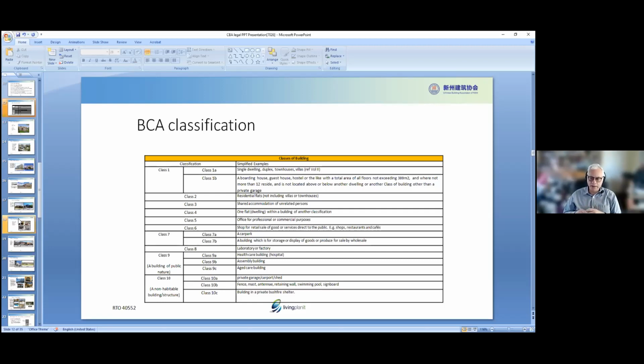So a class 1 is separated into 1A and 1B, and you have a single dwelling, a duplex, a townhouse, villas. Class 1B is a boarding house, but that's when it doesn't exceed 300 square meters or has less than 12 people in it. Once you have more than 12 people or more than 300 square meters, it becomes a class 3 building, shared accommodation of unrelated persons. Class 1 cannot be below or above another building